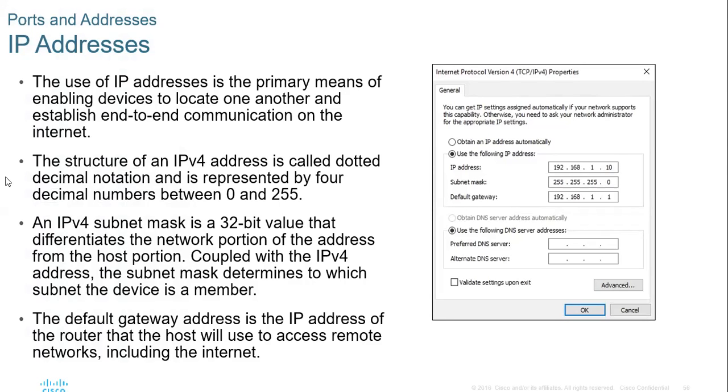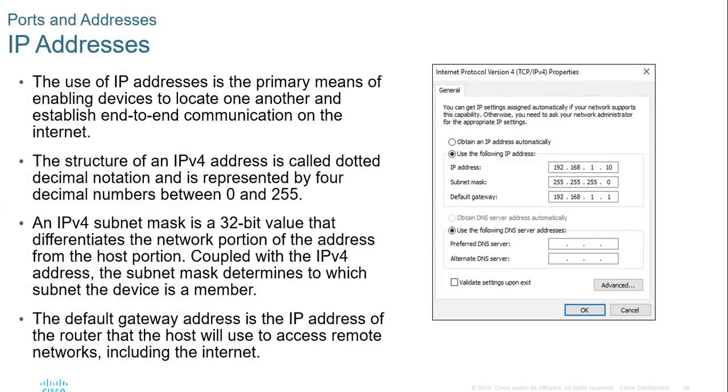So these are the description. The use of IP addresses is the primary means of enabling devices to locate one another and establish end-to-end communication on the internet. The structure of an IPv4 address is called dotted decimal notation and is represented by 4 decimal numbers between 0 and 255. An IPv4 subnet mask is a 32-bit value that differentiates the network portion of the address